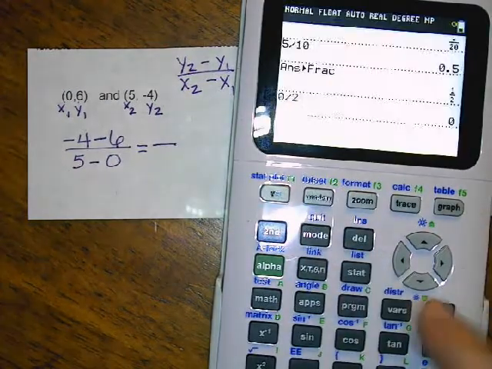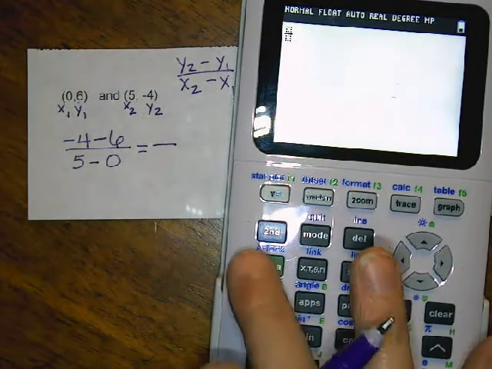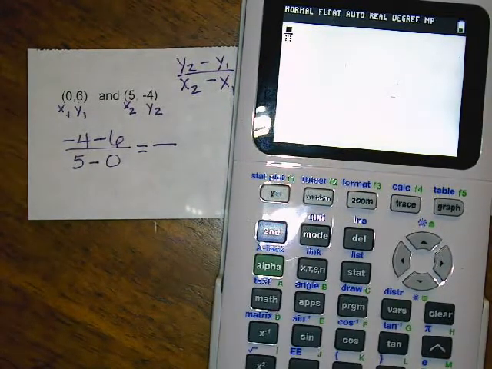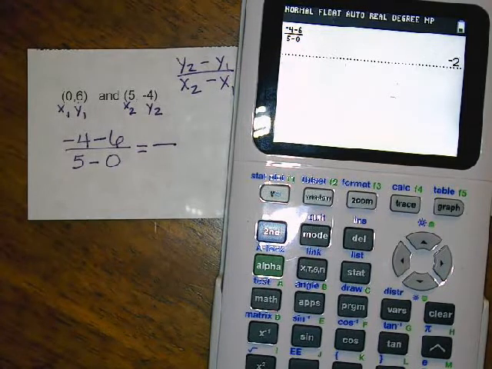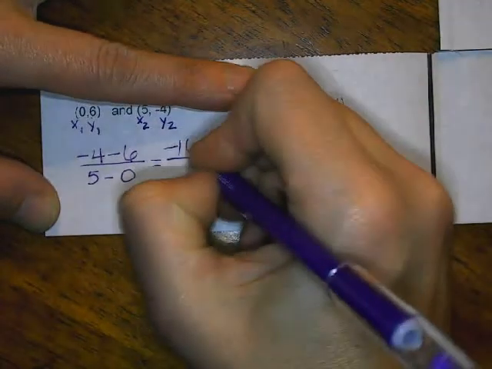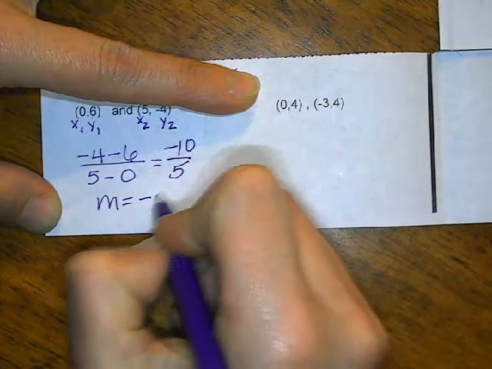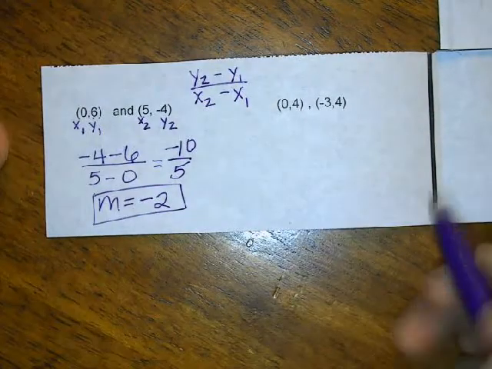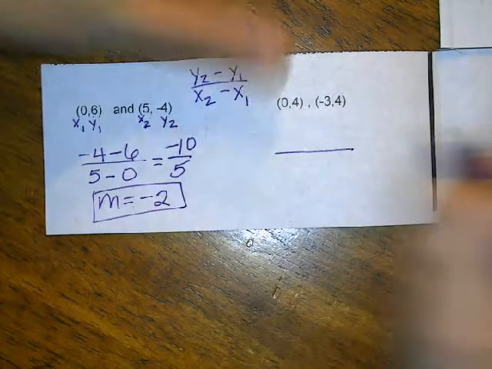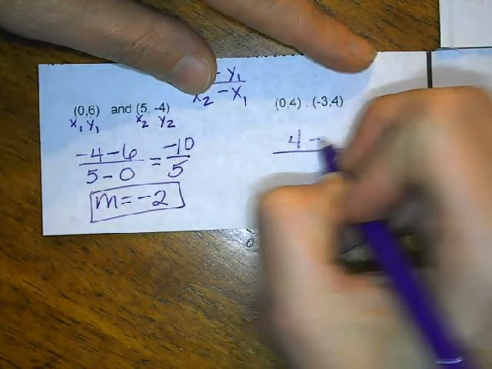You could literally type that exactly as you said in your calculator by pushing alpha y equals and then enter. And you could type -4 minus 6 on top and 5 minus 0 on bottom. And it would tell you your slope is -2. Or you could actually solve it like I'm doing. M equals -2. Okay? Alright, so if I did it on this side, it's going to be y2,